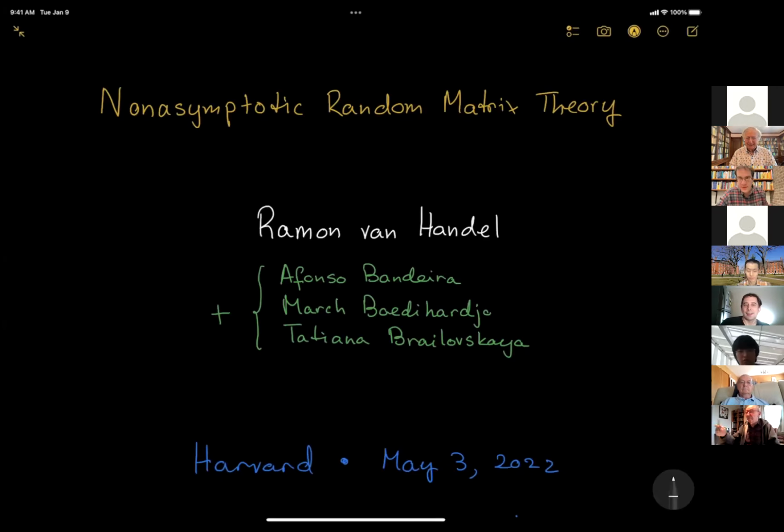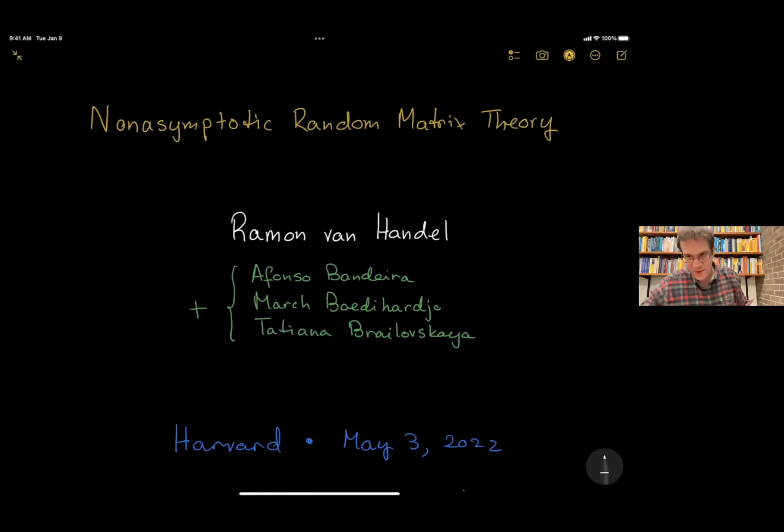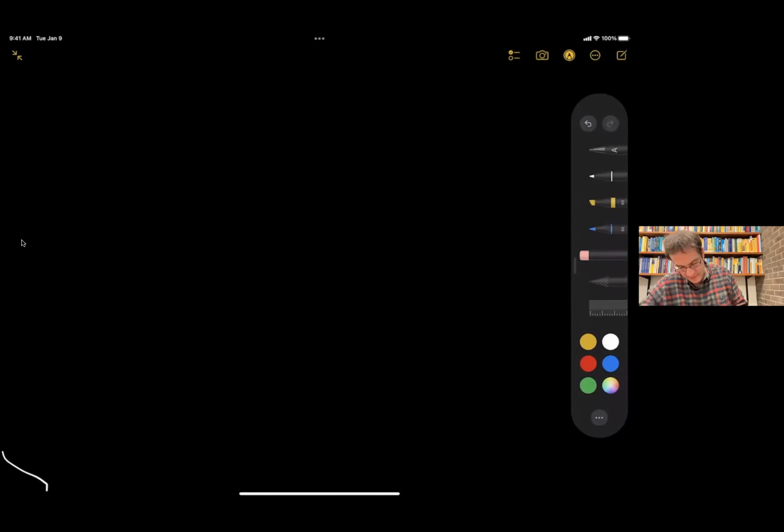I'm going to talk about random matrices, but I will say in advance that the kind of random matrix theory I'm going to talk about has fairly little resemblance to classical random matrix theory. And maybe the first thing I should do is to try to explain the context and what kind of questions we ask here. I don't come from random matrix theory. My interest is more coming from high dimensional phenomena and probability and analysis and geometry. And so we tend to ask somehow different questions than you would see coming, for example, from mathematical physics.